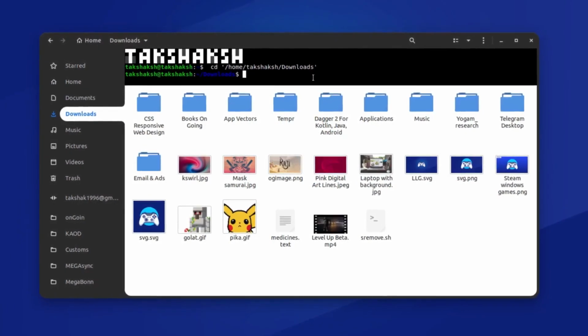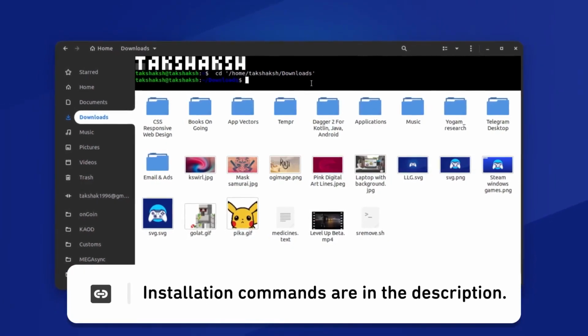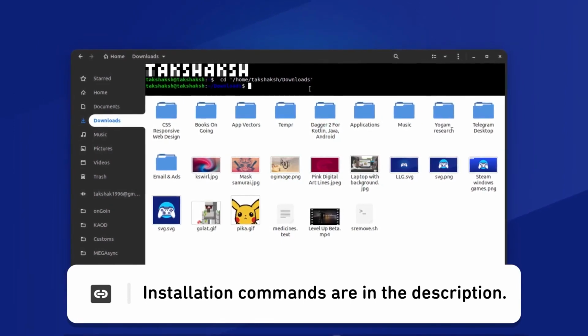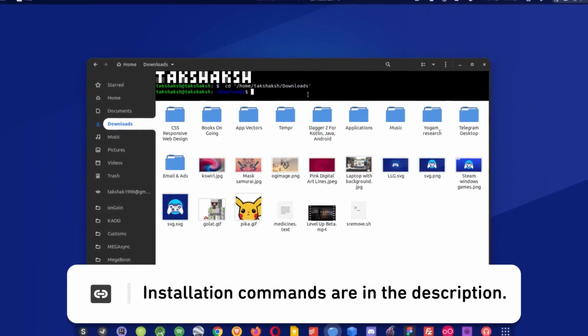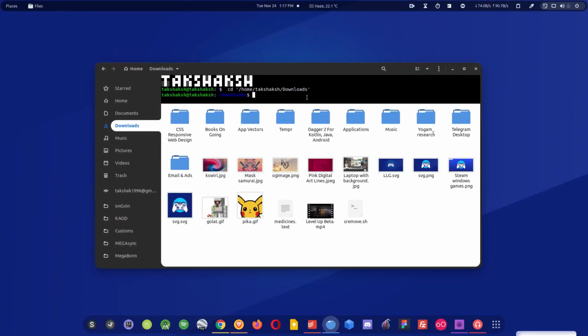So you can install it using pip. Pip is a Python package management tool. I mean, you probably have Python 3 installed in your system. You just have to install Python pip 3 in your distribution and then simply execute the installation command to install this extension for the terminal emulator. So three things are done now.